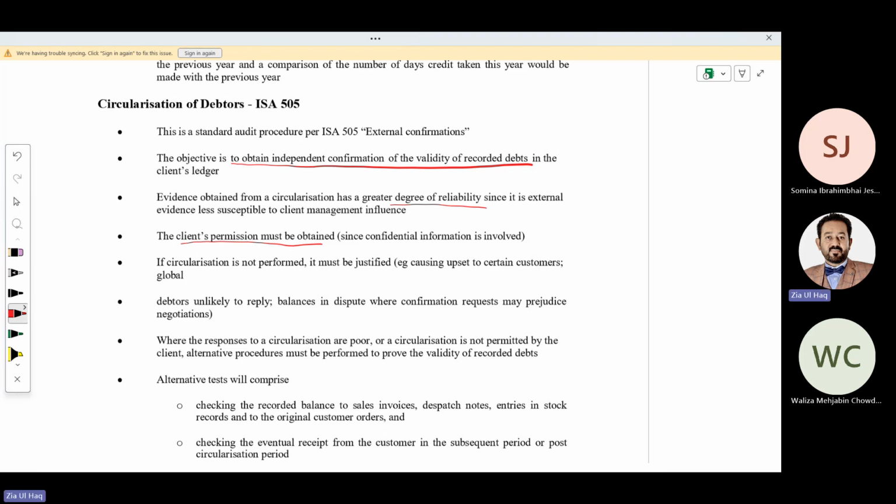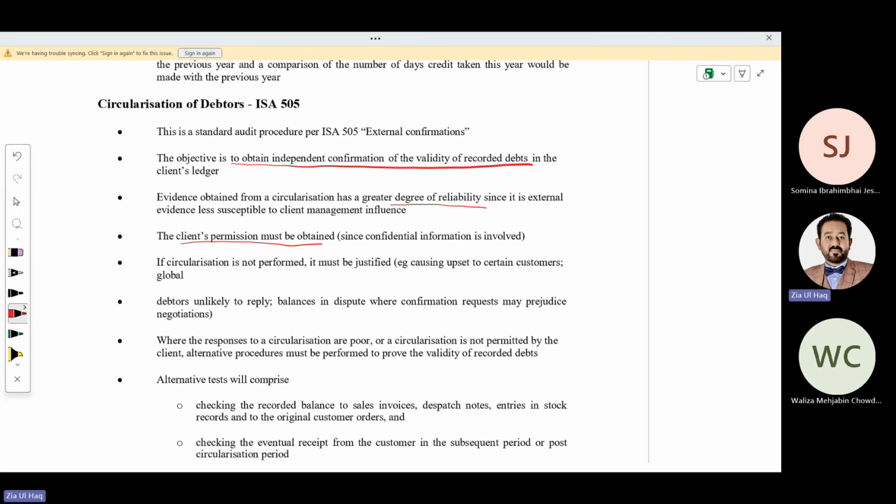In that case, we need to confirm the receivable balance through alternative procedures. What could be the alternative procedures? We need to check the occurrence of the receivable, the way we check the occurrence of sales. How can we check occurrence of sales? By tracing sales ledger balances to invoices, and invoices to dispatch notes. In a similar manner, we will confirm the receivable. We will trace a sample of receivable ledger balances to relevant invoices, and from invoices to dispatch notes to orders.